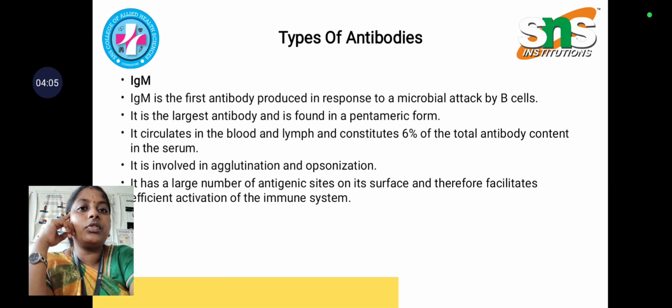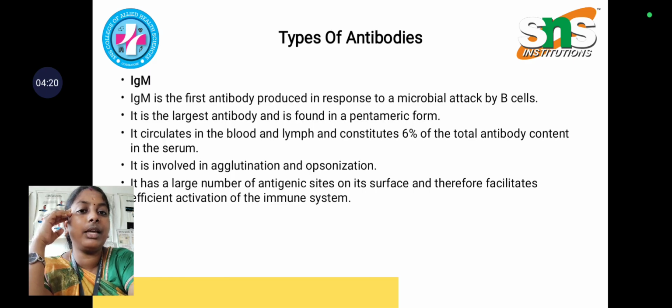So coming to the types of antibodies, let us start with IgM. IgM is the immunoglobulin mu molecule. It is the first antibody produced in response to microbial attack by the B lymphocytes, and it is termed the largest antibody, found in pentameric form. So it has 5 units in its structure, and it circulates in the blood and lymph nodes. It constitutes about 6% of the total antibody content, and it is mainly involved in agglutination and opsonization reactions, and